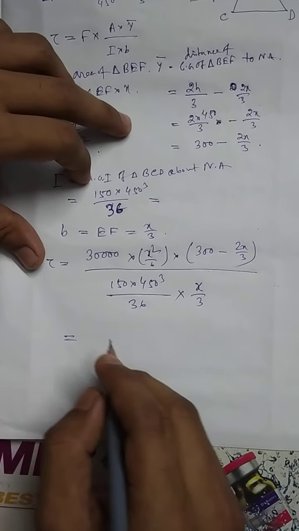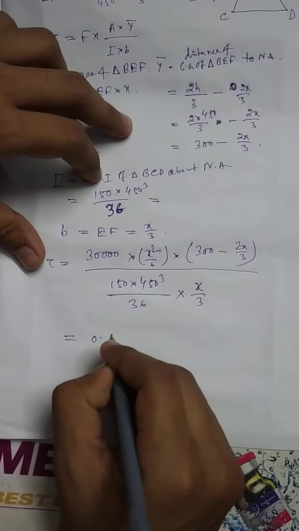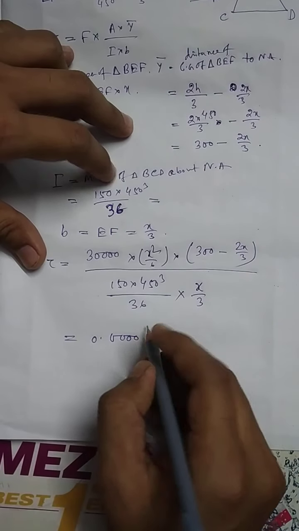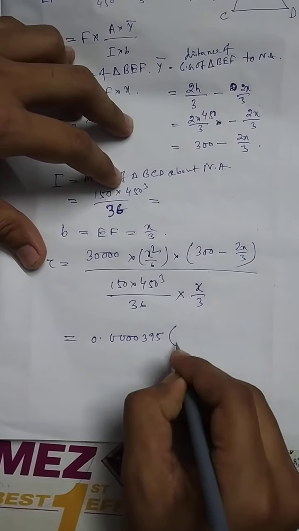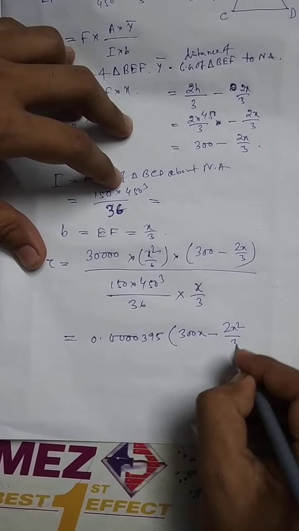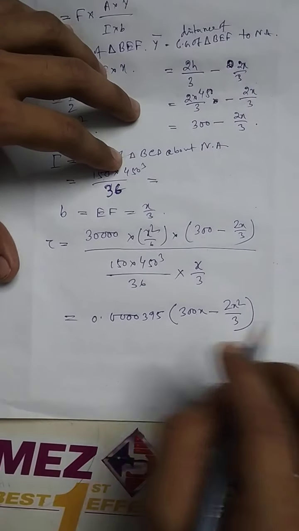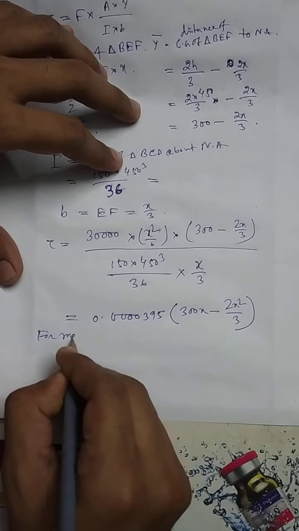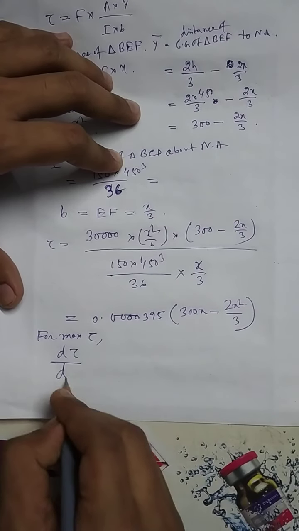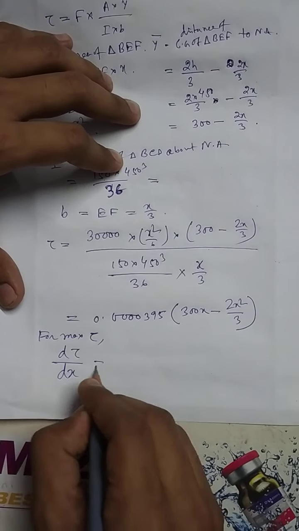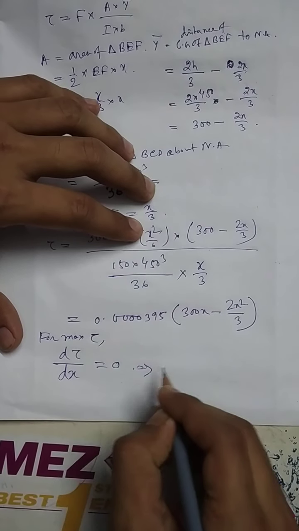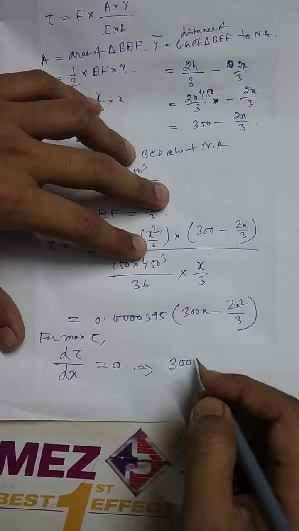Upon solving this, we will get 0.0000395 into 300x minus 2x square by 3. So for maximum tau, we have to make d tau by dx equal to 0. If we do that, what we will get is